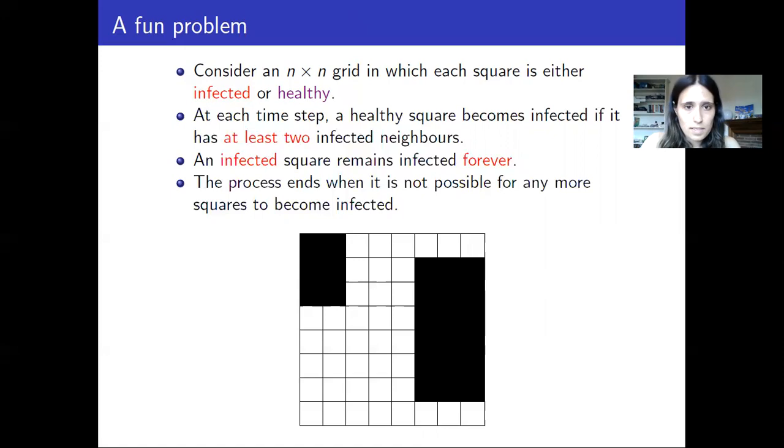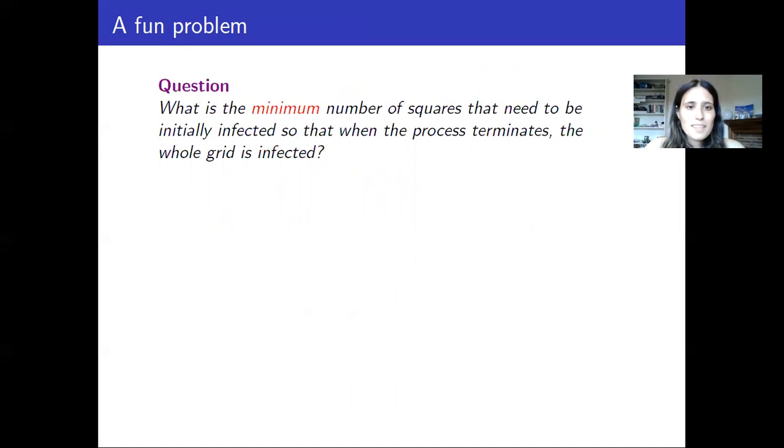Hopefully this problem is clear to you. And now the question you can ask about this process is, what is the minimum number of squares that need to be infected at the start of the process so that when you run this process at the end, everything will have become infected? So if we were in Cambridge right now and we were sitting in a room, I'd say take 2 minutes and have a think about it, and then come back to me and we'll discuss what the answer could be. So perhaps for now, what you should do is pause your video, think about this for 5 minutes, and then come back and we'll discuss it.